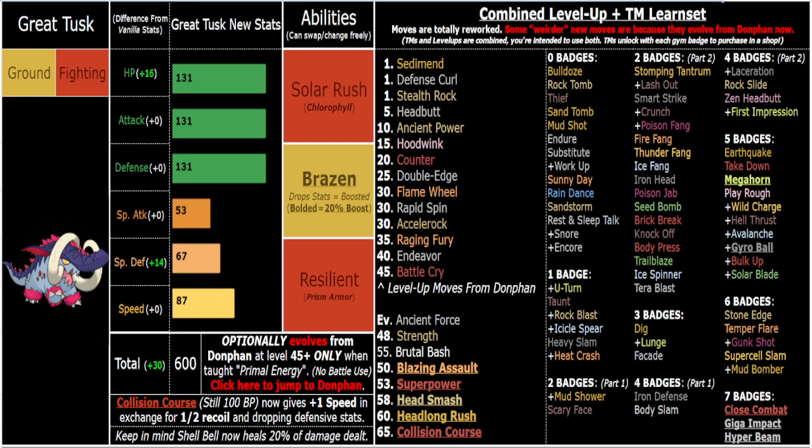Yeah, Body Press obviously great. But yeah, I'd say Solar Rush is so cool on this guy. I love it. It's so much cooler to me than Photosynthesis, because I should have elaborated on this earlier in the video, but basically, with Photosynthesis, you're using it for attack, which Brazen kind of does already, and you're using it for defense, which Resilient kind of does already. Obviously, getting a raw defense boost is better than taking less from super effective hits in a lot of cases, but I just overall think Solar Rush is more useful, and I think it's cool to have that,